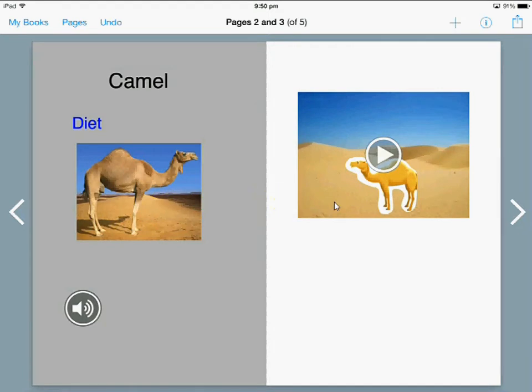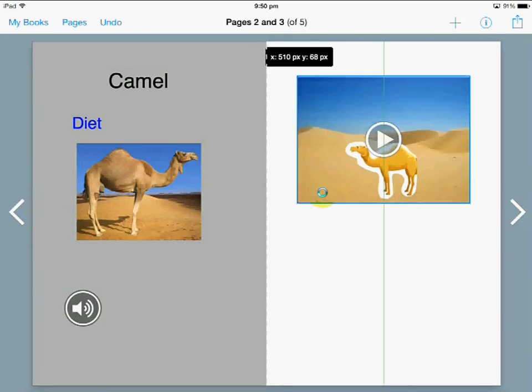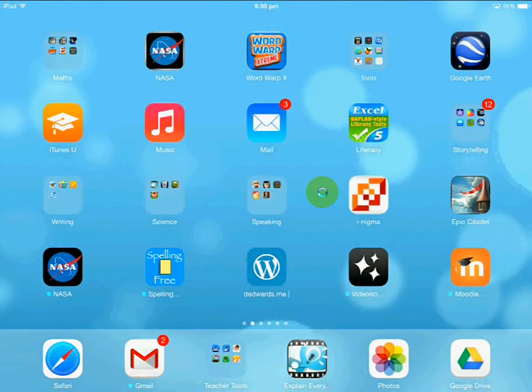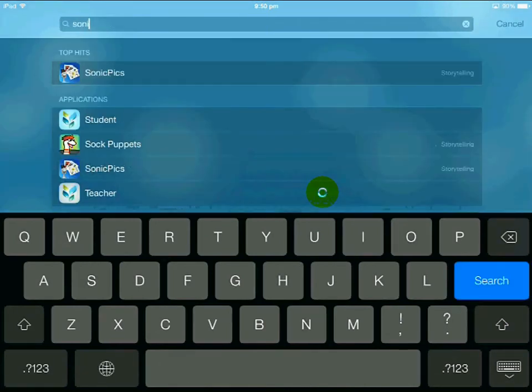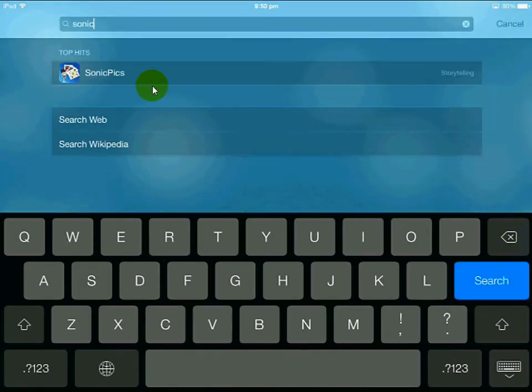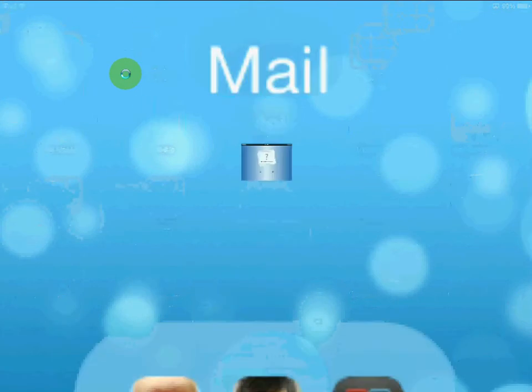So that's an example of using a different app to present your information, all of which can be compiled together in Book Creator. I'll just show you one more app. There's many on the iPad that the students could use, and you'd encourage them to utilize different apps that they found suitable to them. But another one, if I just close Book Creator for a minute, a simple one, is called Sonic Pics. And it's if you want to do a photo story type presentation. So click on Sonic Pics,